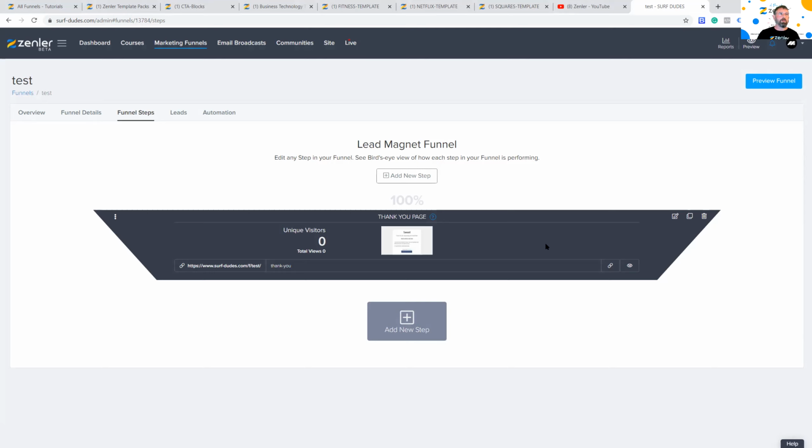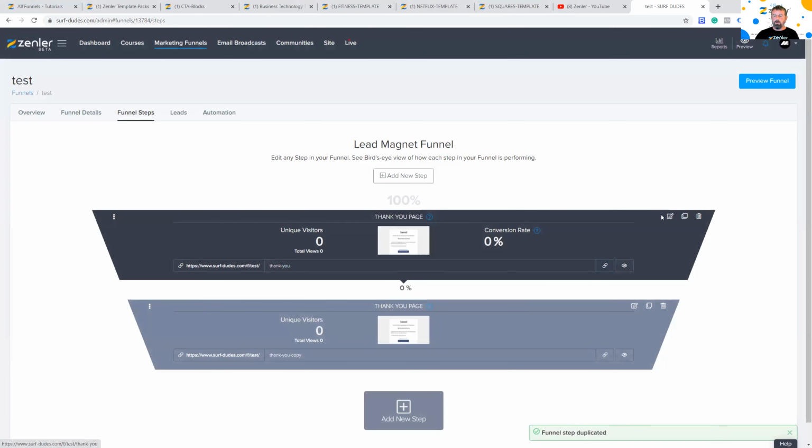So that way you're avoiding that double registration where they've registered for the funnel and then they've registered for the course. So if you want to do it that way, that is definitely a way to do it. You can add a new step there straight in there and then send them through the sequence. If I went and edited this page, I would put my content in there. I'd have a button saying next, and then I would link it using this URL to this page.